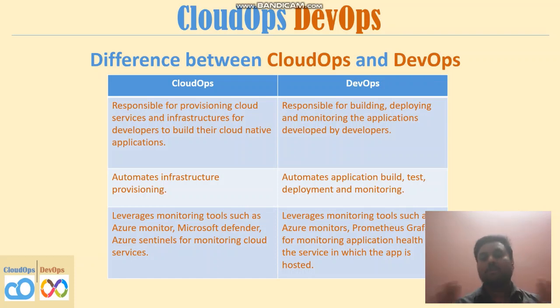So the DevOps team is not bothered about the provisioning of the infrastructure. That has been done by the CloudOps team. The DevOps team is concerned about building and deploying the code developed by the developer team and putting that code into the place where the code needs to be hosted. The next difference is that the CloudOps team automates infrastructure provisioning, whereas the DevOps team automates application